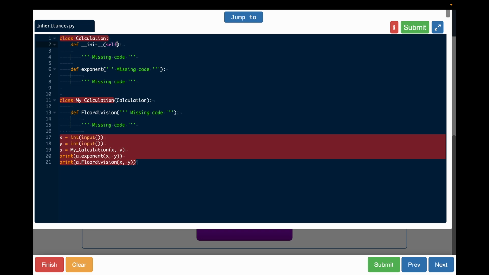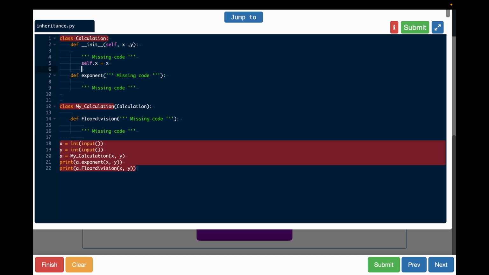So it is taking the two arguments, self, I will say here x comma y, these are the two things. So maybe x we need in the somewhere, so I will say here self dot x is equal to x, and I will say here self dot y is equal to y, right? That's it. And यहाँ पे आप क्या करना है, कुछ नहीं करना है, यहाँ से एक्सपोनेंट, ओके, इट्स सेइंग दैट